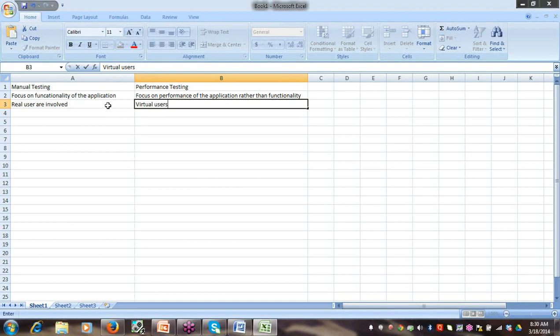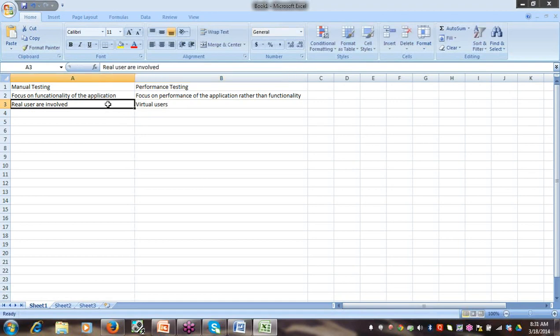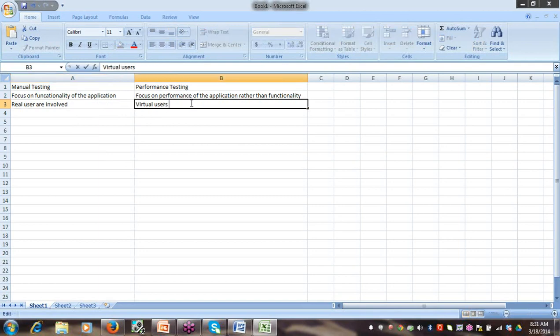Suppose you want to test an application with 5-10 concurrent users doing some activity at a time. We can do that manually, but for 50, 80, or 100 users it would be difficult to perform the same functionality at a time and get the response time. So here real users are involved, and there virtual users.